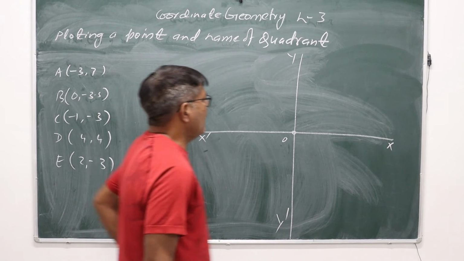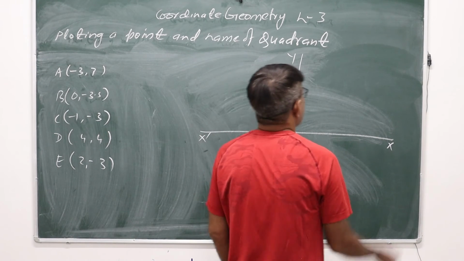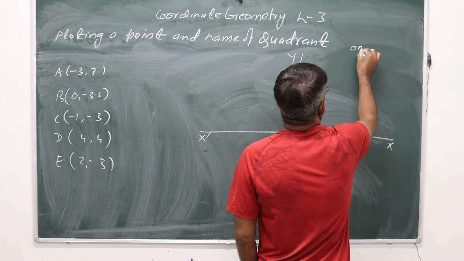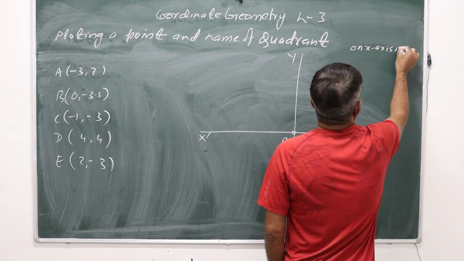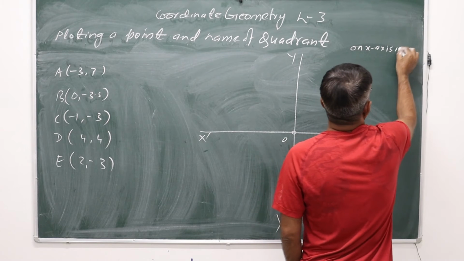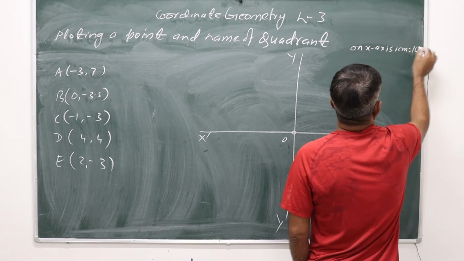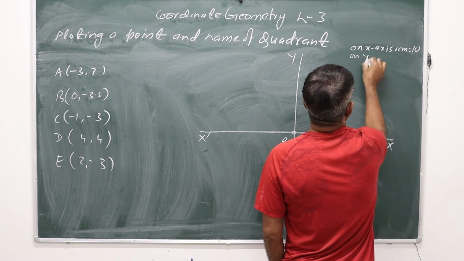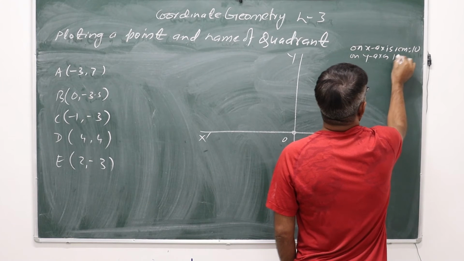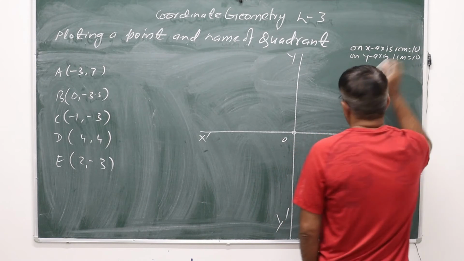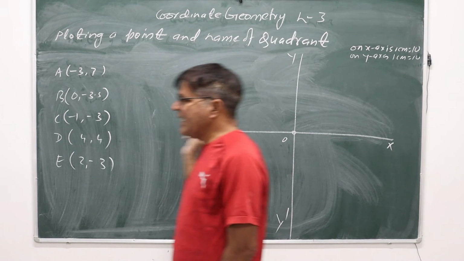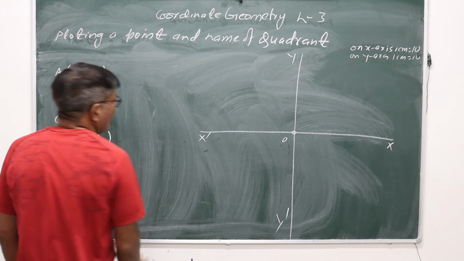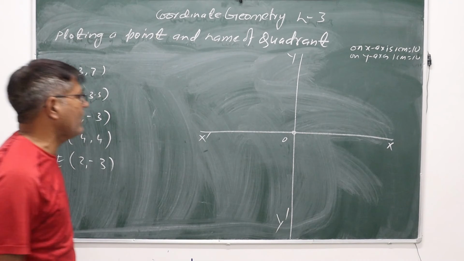Now, we have to first of all take a scale. Scale हमेशा हम यहाँ top में लिखते हैं. On x-axis, 1 unit is 1 centimeter, and on y-axis also 1 centimeter is equal to 1 unit. जो मार्केट में आपको ग्राफ पेपर मिलता है उसमें जो हॉरिजॉन्टल और वर्टिकल लाइन जो ड्रॉ की हुई है वो 1-1 सेंटीमीटर की डिस्टेंस पे होती है.